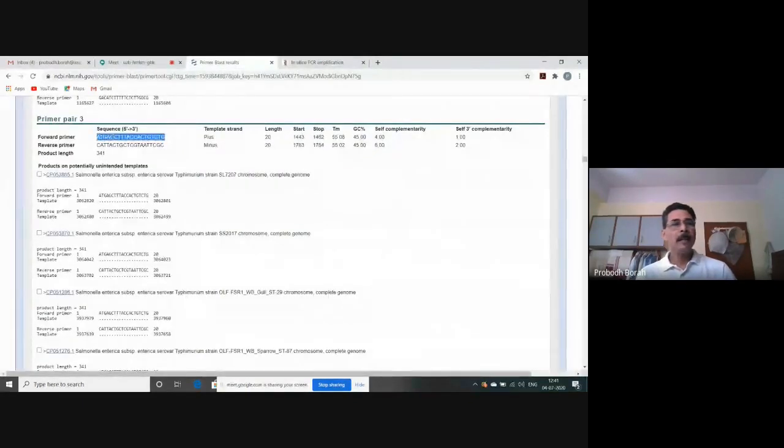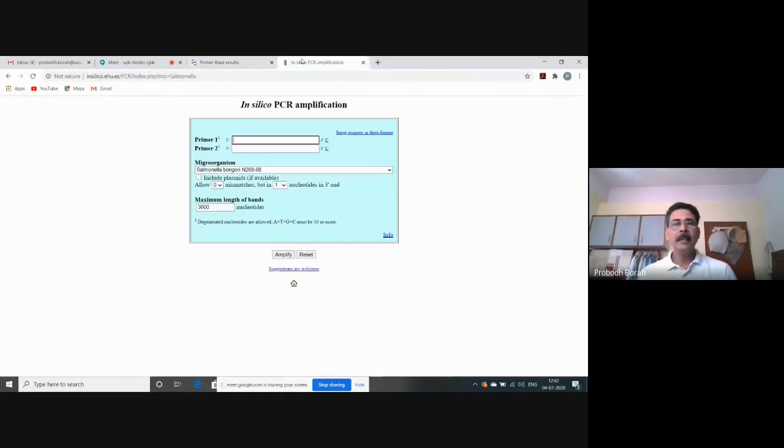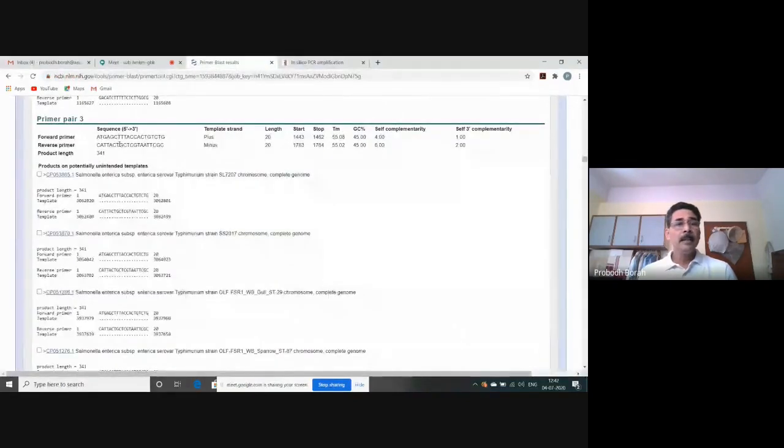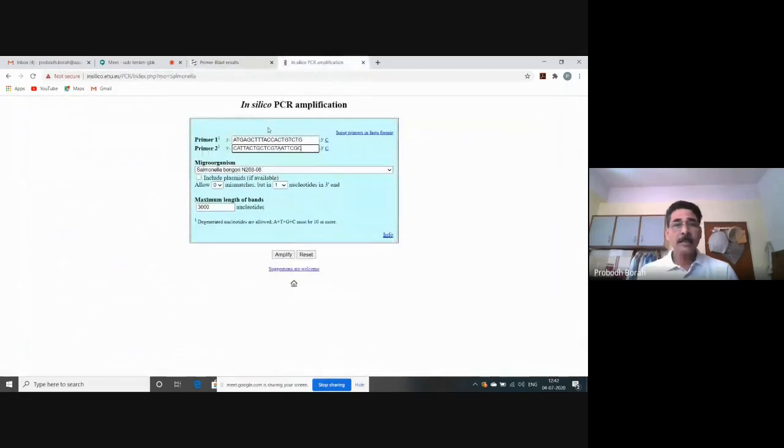Select primer pair 3, the forward primer sequence, copy it, then paste it here. Similarly, click on the second space, go back to primer blast, select the reverse primer, copy it, then come back to in silico PCR, paste it here.